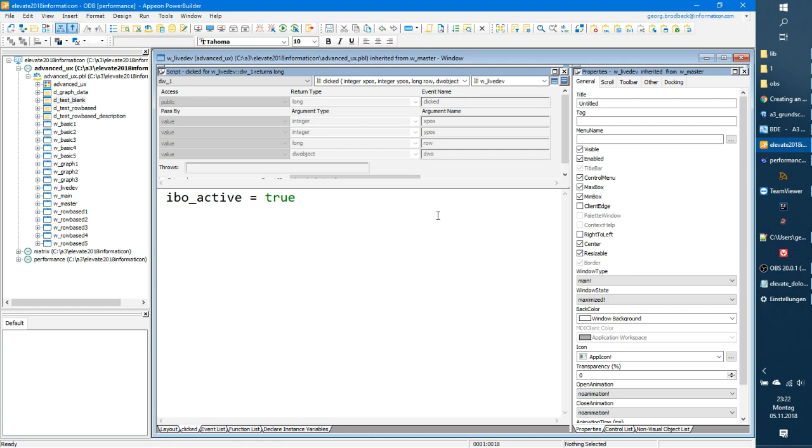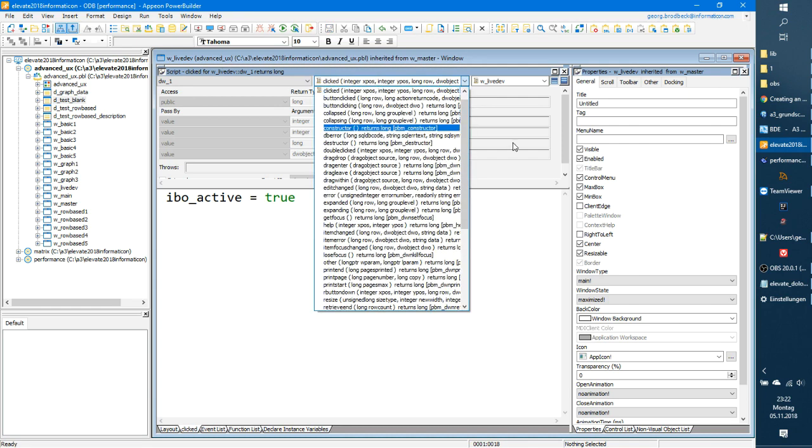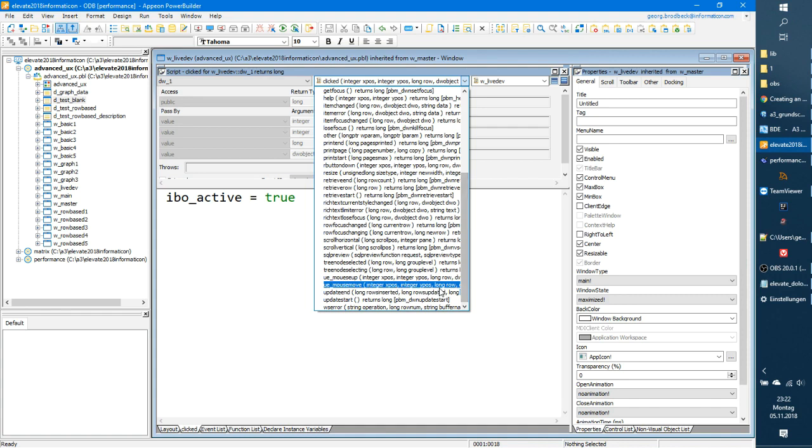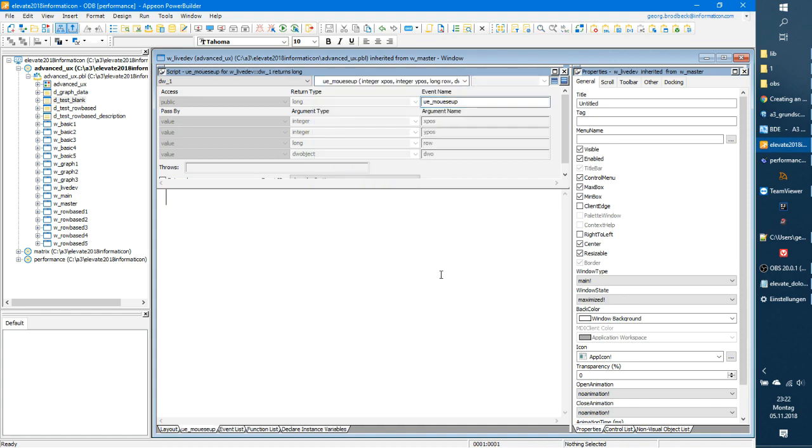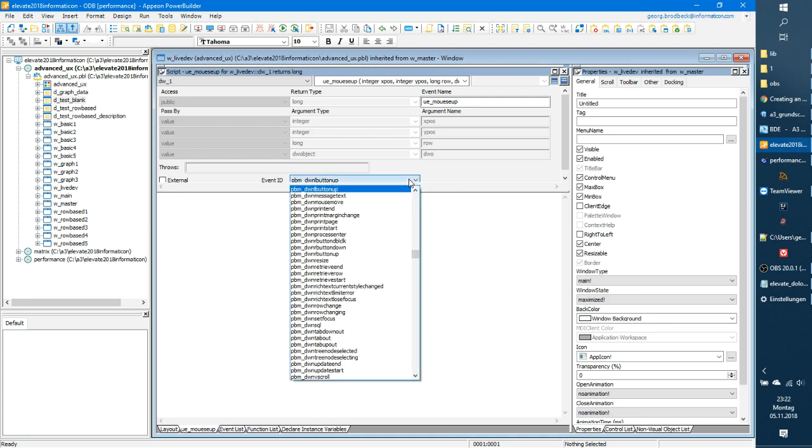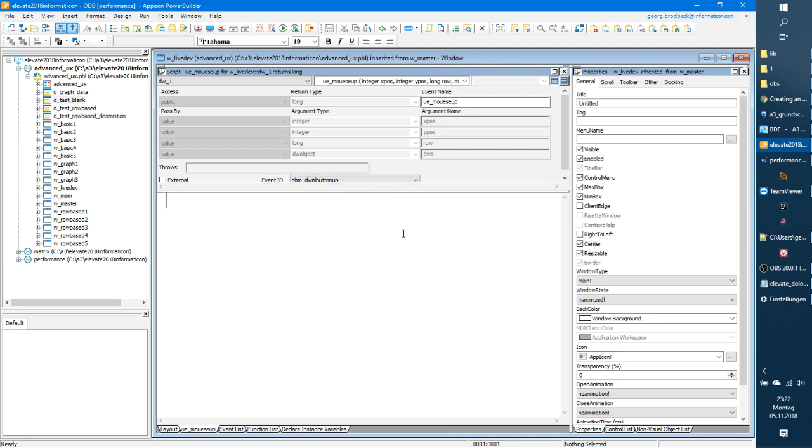Now, if we click on it, it's active, and then we have those additional events like a mouse up. You know how to create them? Like with that option here, you just need to choose the right event ID, and then we can say